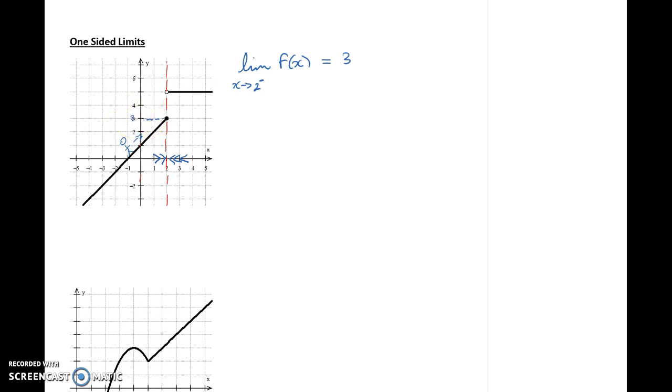Now do the same thing from the other side. Walk back towards the red line along the graph. This time you're coming from the right, so the limit of f of x as x approaches 2, and to indicate that you're coming from the right, use a little plus sign up here in the corner. And you can see, I think fairly obviously, that the height you're approaching is a height of